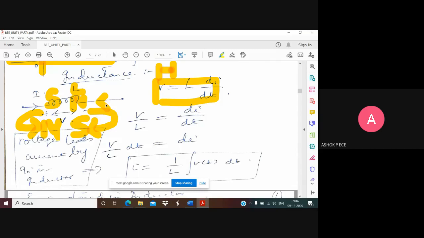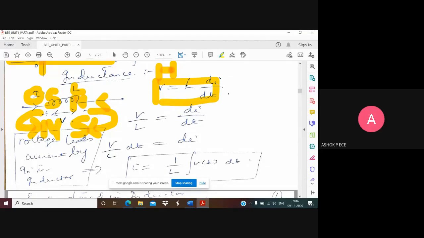This is for DC, because in DC the current is the same. It is not going to change. When you apply AC current, for the positive half cycle current will flow in this direction, and for the negative half cycle current will flow in the opposite direction. So automatically you will have north pole and south pole formation inside the coil. When you switch off the current, the magnetic field is also off. So it is not a permanent magnet, it is a temporary magnet. And the magnetic field will strongly depend on the current flowing through your coil. Is that clear? Okay, sir.